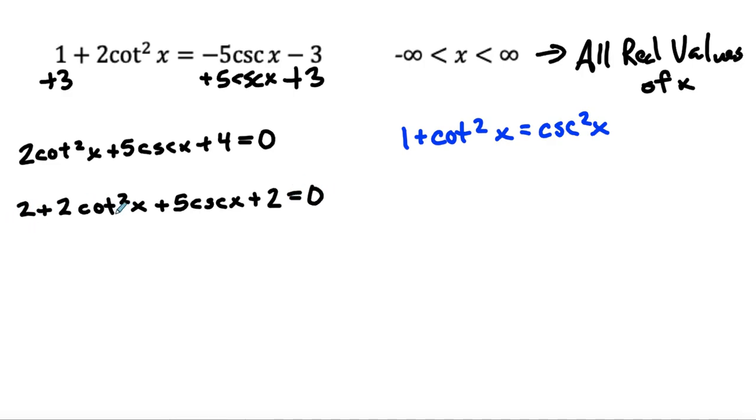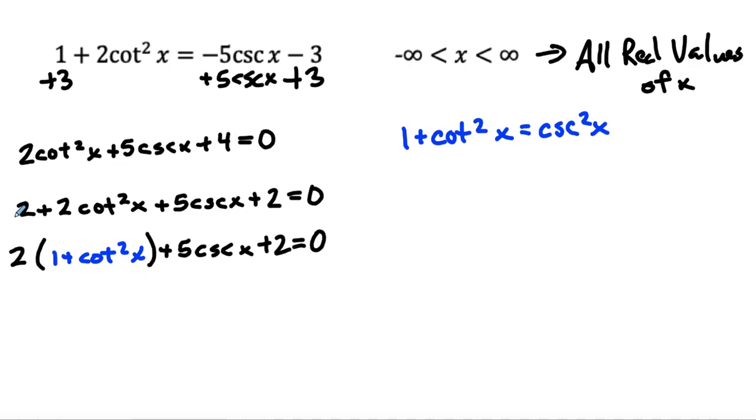So I'm getting a little creative here. Now I could divide out 2, and I have this, what I'm looking for, right? I have 1 plus cotangent squared x plus 5 cosecant x plus 2 equals 0. Okay, so I had to get a little creative there, but sometimes you can just take 2 plus 2 is